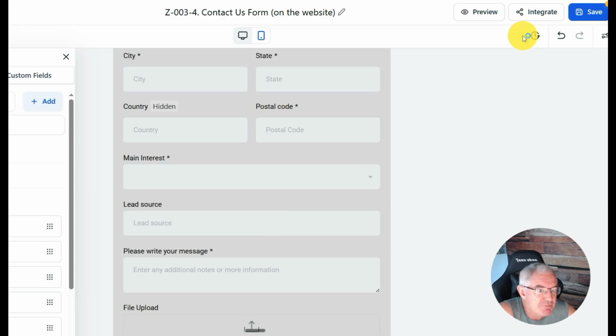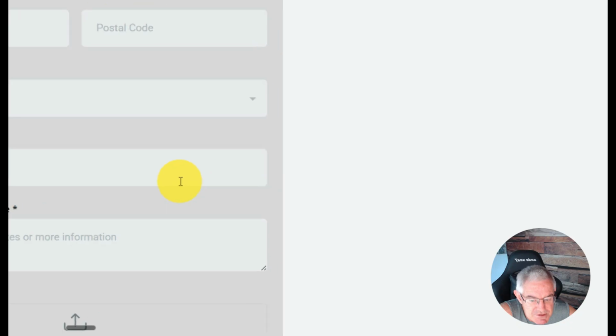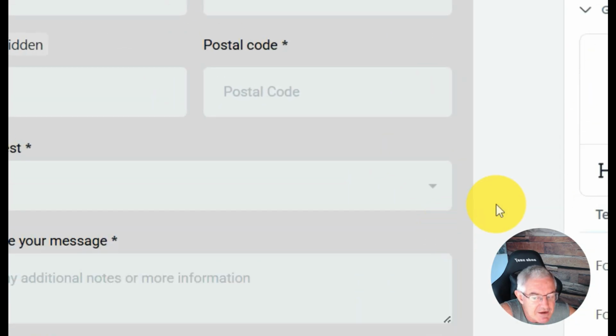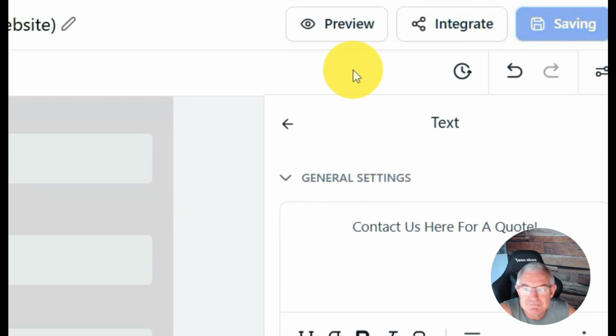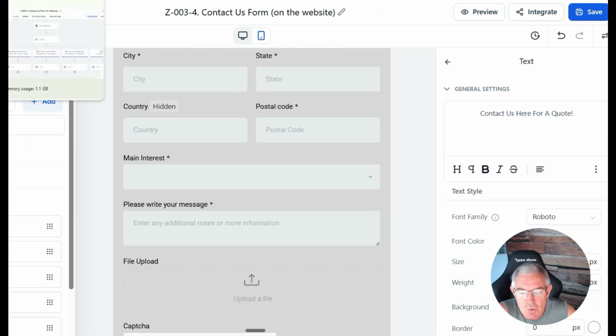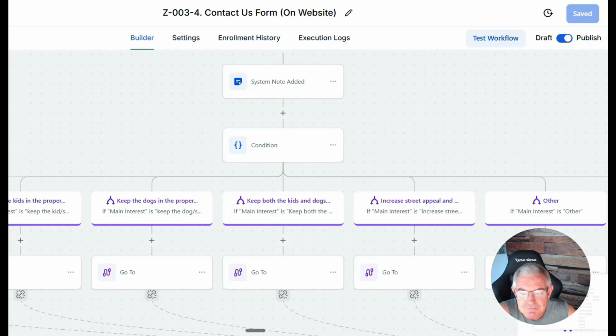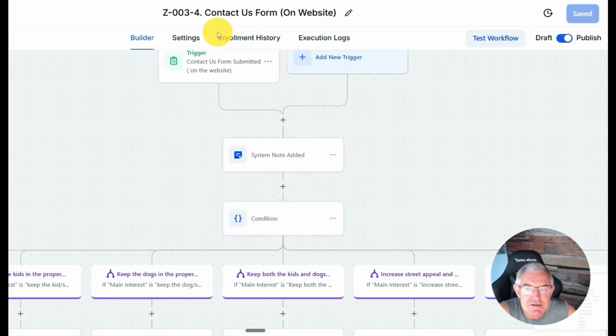So because we've put the integration code on the website, you can modify this form however you like, and it will automatically update on the website. So I'm just going to delete that because we don't want that in there, and I'm just going to hit save. So that's how you add the form. Now the next part is, what do you do with that main interest custom field? So this is our contact us form